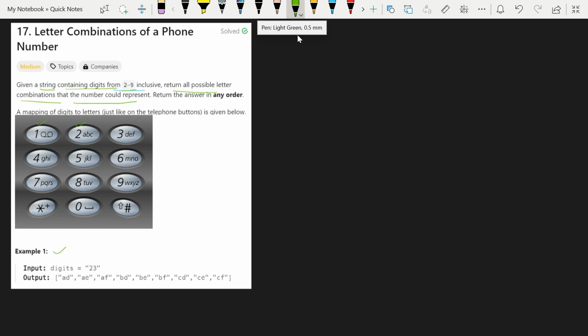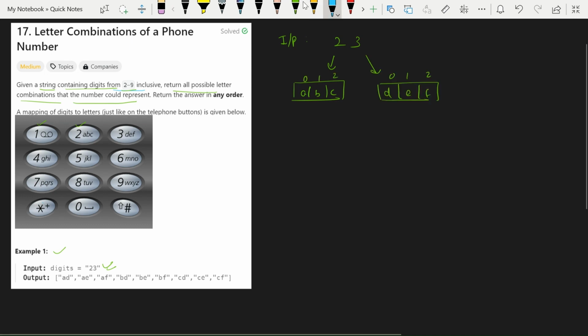Let's consider example 1. In this, they have given the digits 2 and 3 as an input, and in the output, combinations have been formed on their mapped digits. In the input they have given 2 3, so 2 is mapped with a b c and 3 is mapped with d e f. Now you can observe in the output that the combinations are starting from a, then there are combinations starting with b,